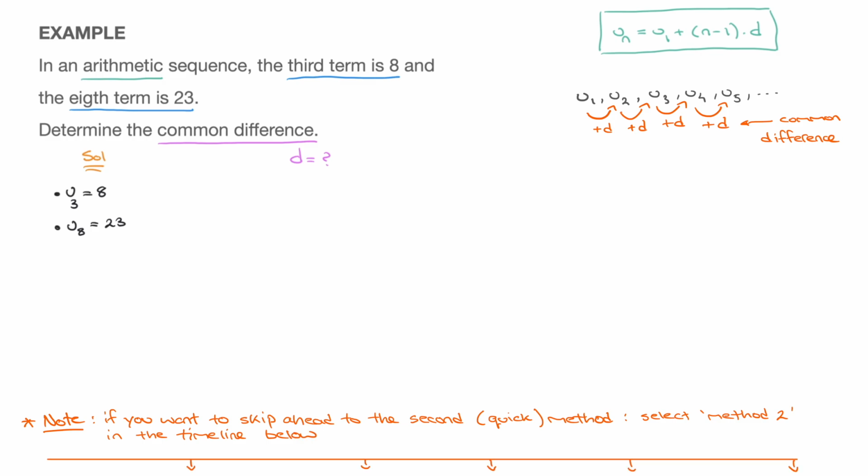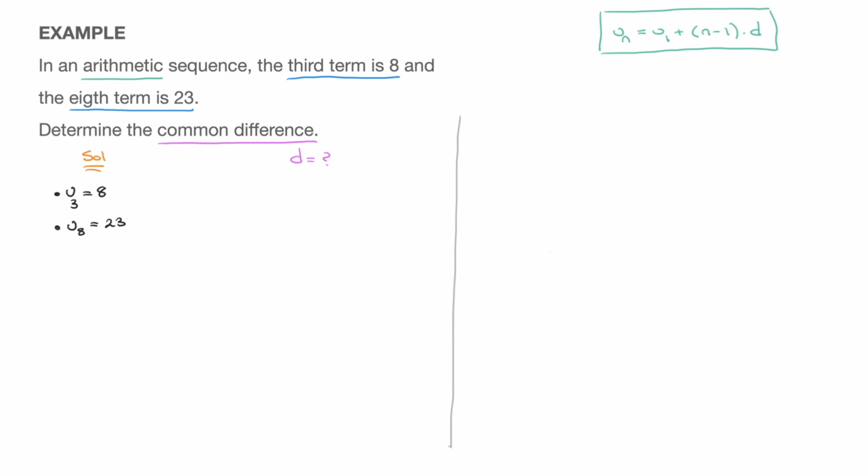And so what I'll do here is I'll sort of split the screen in two, like so. And so on the right hand side, underneath the formula for the nth term, I'll show how to solve this problem using this formula. And here's the whole idea. Since we know that the third term has to equal 8, that tells us that when we replace the n inside this formula by 3 since it's the third term, the left-hand side has to equal 8. And in fact, I'll go ahead and write that, and I'll put a little bullet point here. Since we know that u sub 3 equals 8, this formula allows us to state that 8 has to equal the first term, u sub 1, plus, in parentheses, 3 minus 1, times the common difference d,